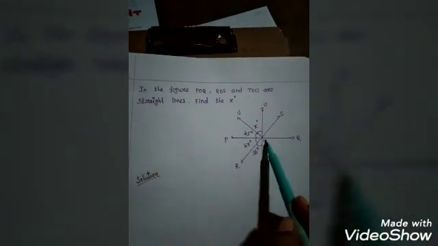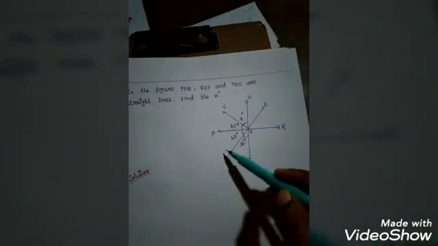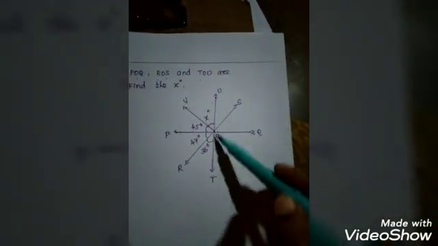Okay, do you understand this sum? Anybody have a doubt? Okay. Next one, listen to the sixth sum. The 4th and 5th are the same as the third sum method. So listen to the sixth sum. In the figure, POQ, ROS and TOU are straight lines. Listen carefully: POQ is a straight line, ROS is a straight line, TOU is a straight line, as given.